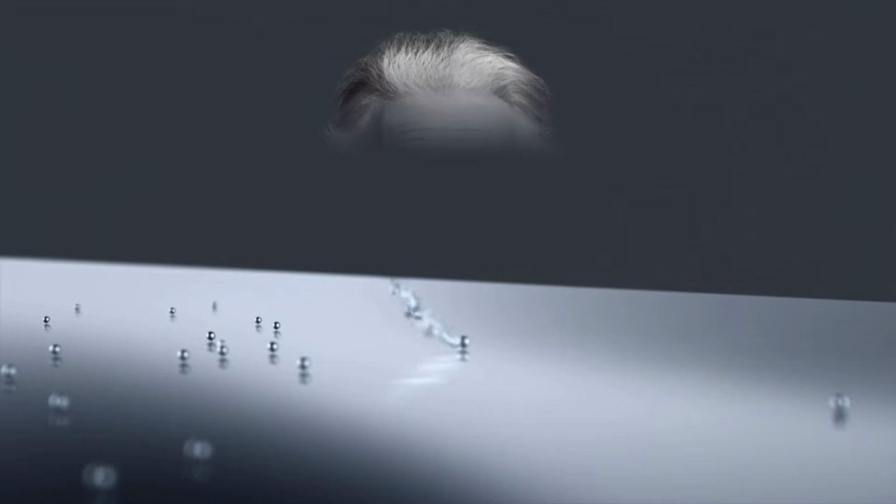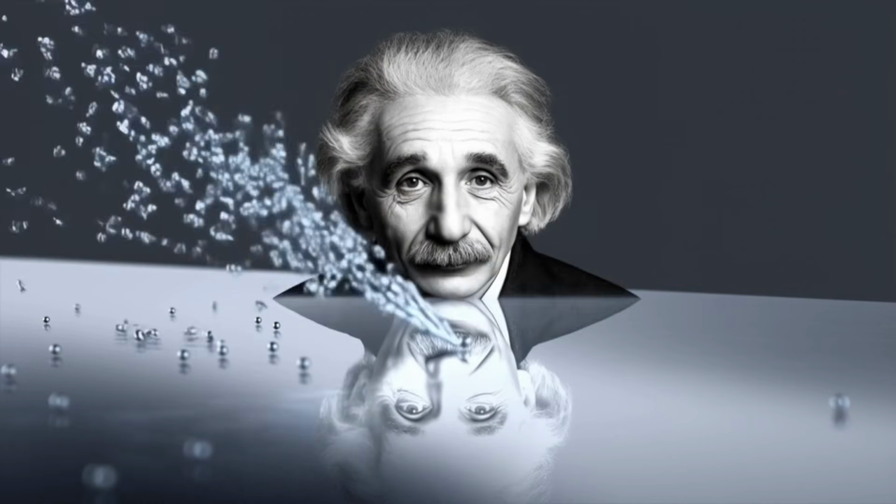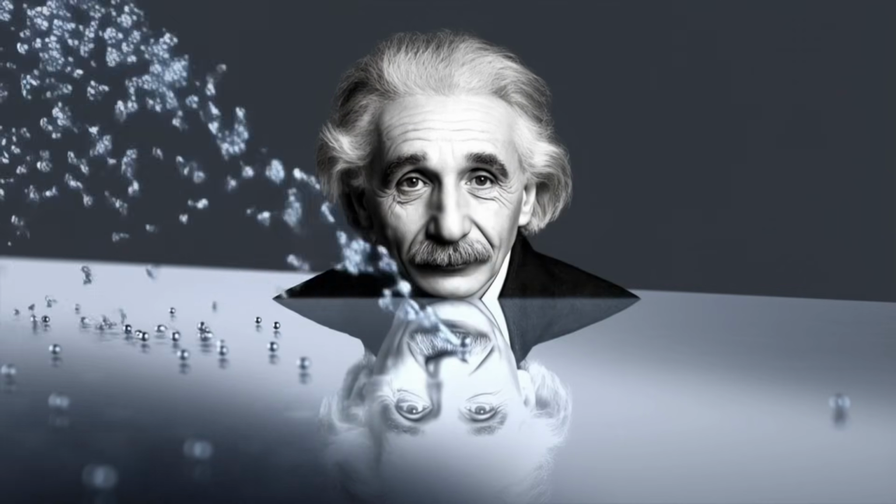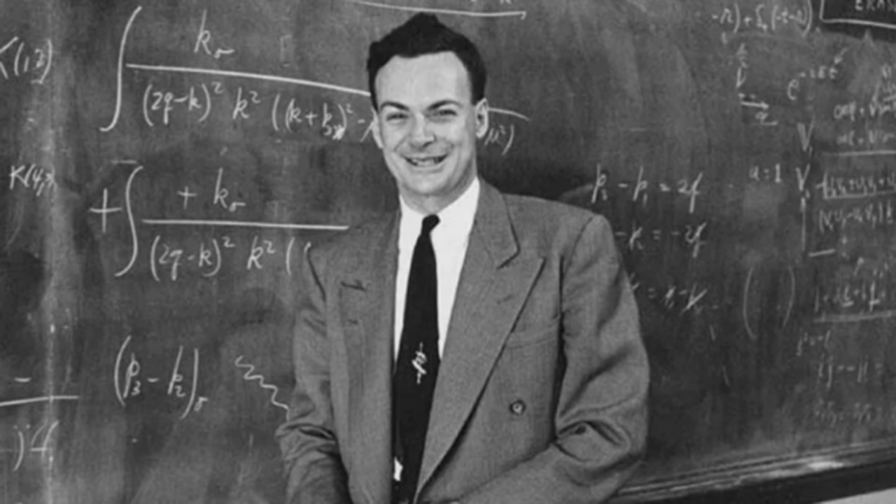In 1905, Albert Einstein claimed that Planck's theory wasn't just a mathematical trick. Light actually comes in discrete packets, or photons, each with energy hf. Einstein used this insight to explain the photoelectric effect, how light can eject electrons from metal, but only when the frequency is high enough. If the frequency is too low, no electrons will be emitted regardless of intensity. Because each photon is a separate packet, ejecting one electron requires a specific minimum energy. Low frequency means low hf, so one photon doesn't have enough energy. The idea of quantization spread.